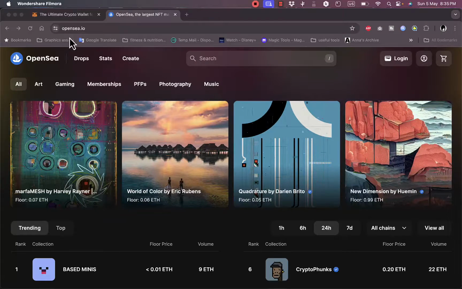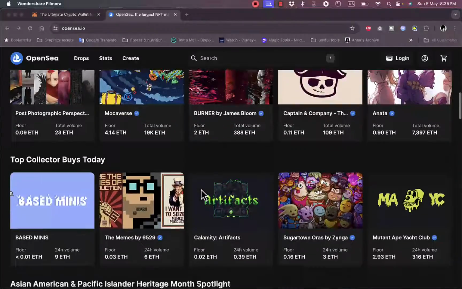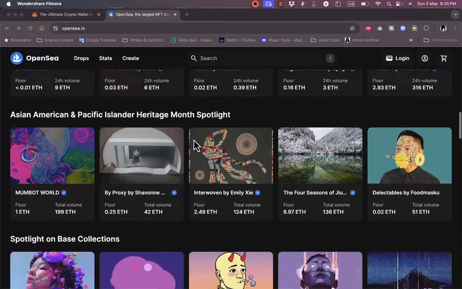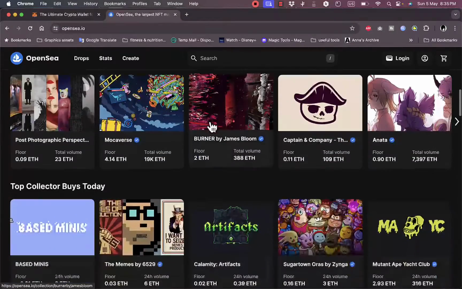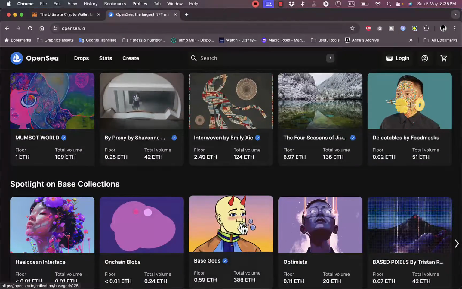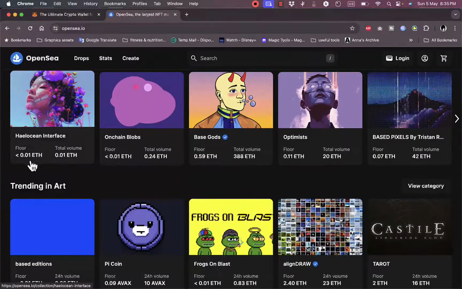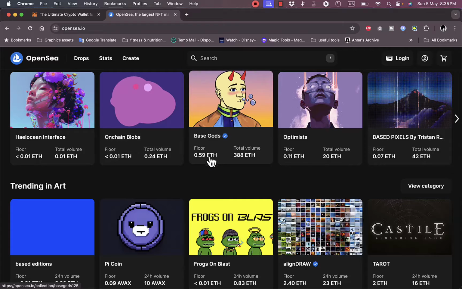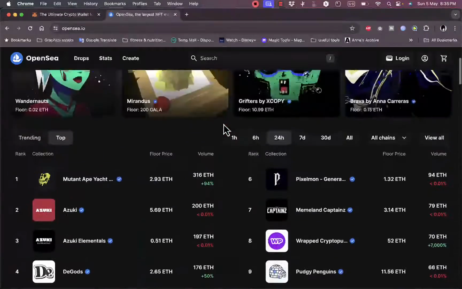Now here you want to go to OpenSea.io, and you can see all the trending NFTs and the top collectors' buys for today, the ones that are sold. And as you can see here, the collections, you can filter by trending or top. These artworks are the NFTs that are being sold. And you can see that these are not sold with dollars, so the currency is not dollars. ETH stands for Ethereum, which is a cryptocurrency that is used to sell and buy these NFTs